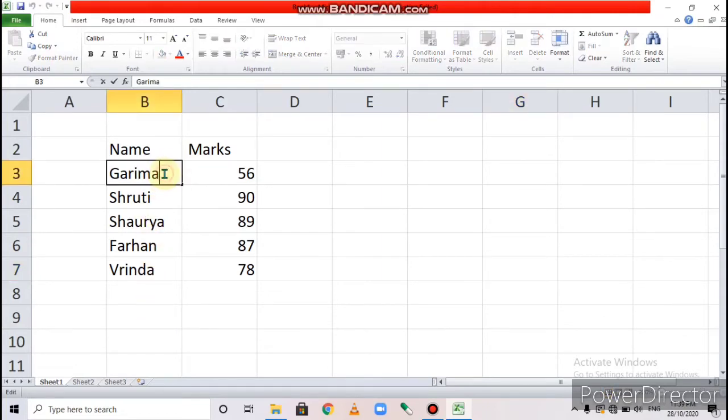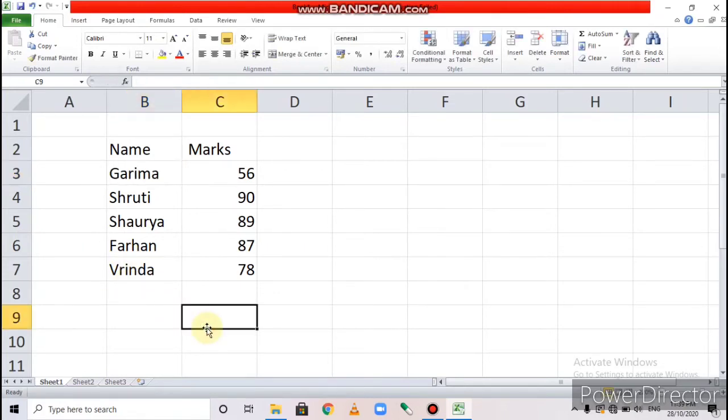Double click, and after that click the left mouse button and drag the mouse. You can see Garima is selected. Understood?